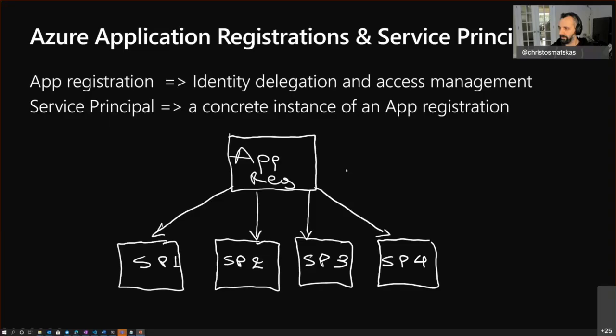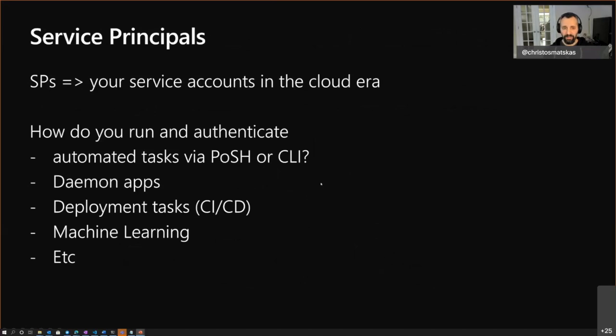So service principals are your service accounts for the cloud era. They allow you to create automated tasks for PowerShell or CLI. They even allow you to sign in as these accounts when you need to run things. You can pass them into your daemon apps, and these daemon apps can authenticate based on that account from Azure AD and then acquire the appropriate tokens to go and speak to other services.